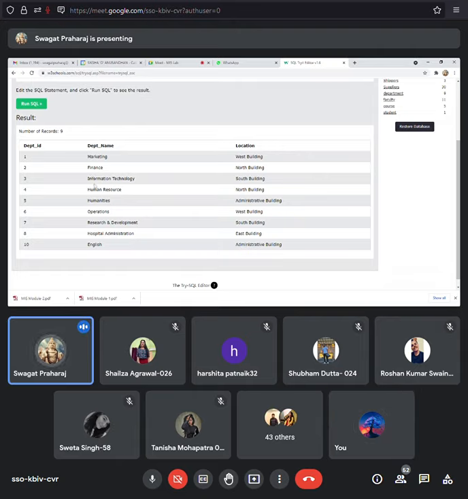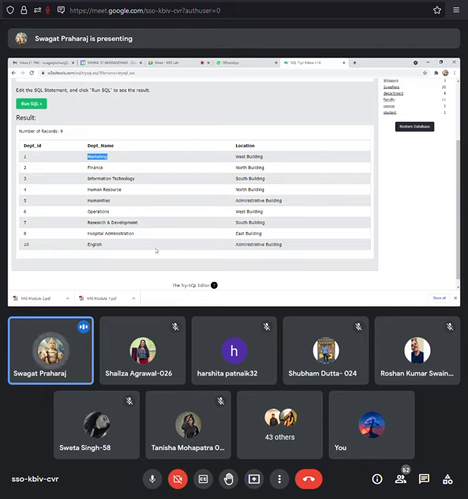Now let us say, for some reason, one of the departments gets shut down, say the English department, and we don't need this department as such. Do you understand, guys? Each of these lines is a record. So this first record has department ID as 1, the name is marketing department, and the location is West Building. So this is 1 record, and that is why there are 9 records here.